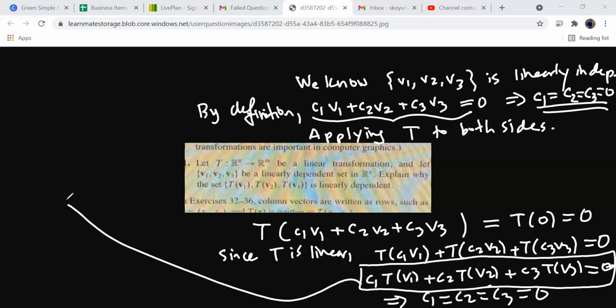So this means that you have this set, which is linearly independent. And the reason is you found that all the coefficients are 0 when you form a linear combination that is 0, right? So then this is